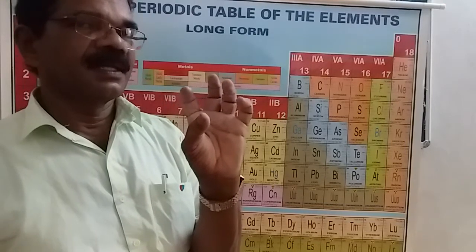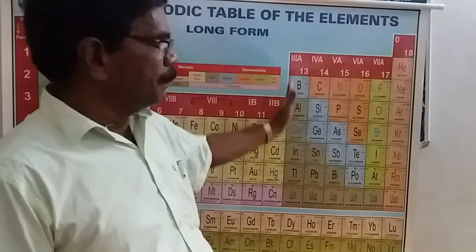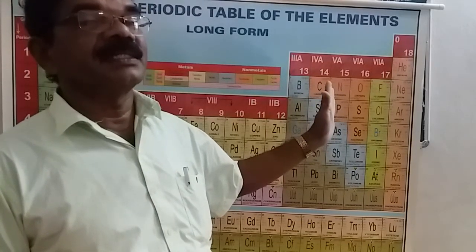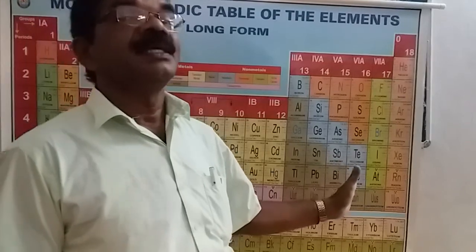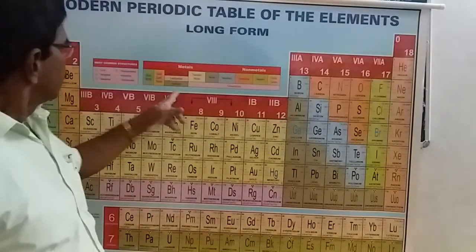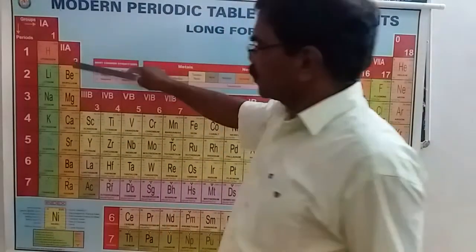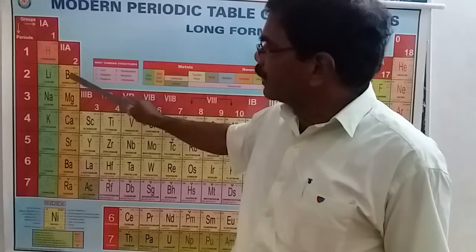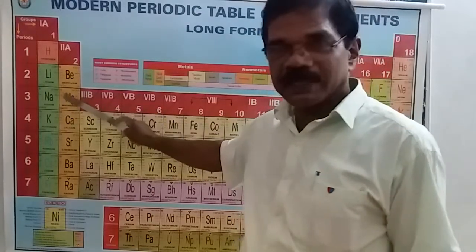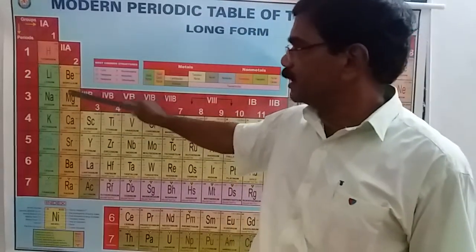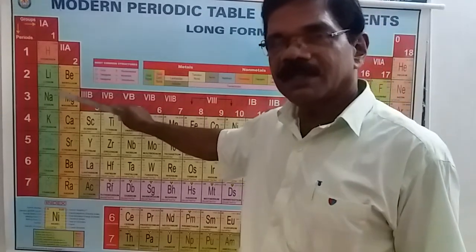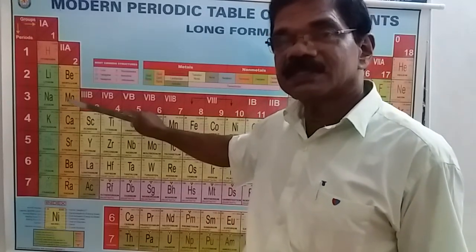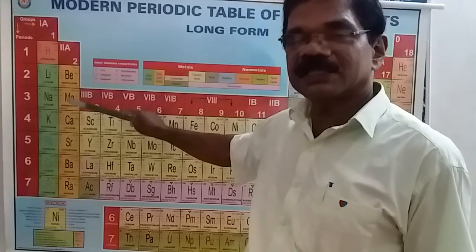So the second thing came to a conclusion. What is it? In a group from top to bottom, valency remains the same. The second group, their valency is 2. Beryllium 2, 2. Magnesium 2, 8, 2. In the case of magnesium, atomic number 12, electron configuration 2, 8, 2. Valence electrons 2. What's the valency?